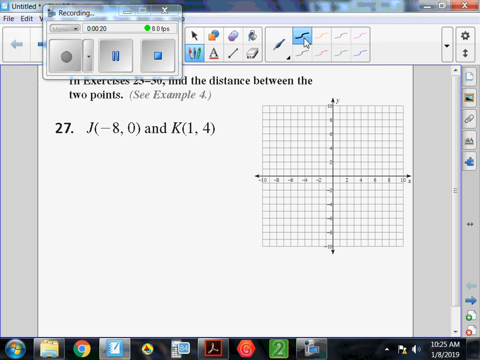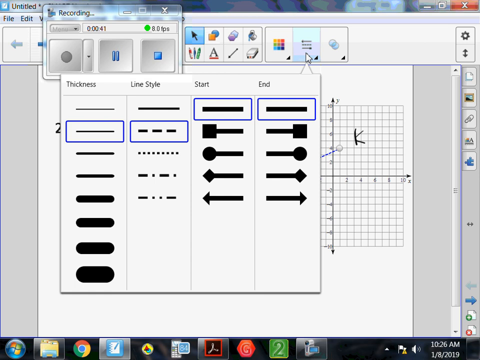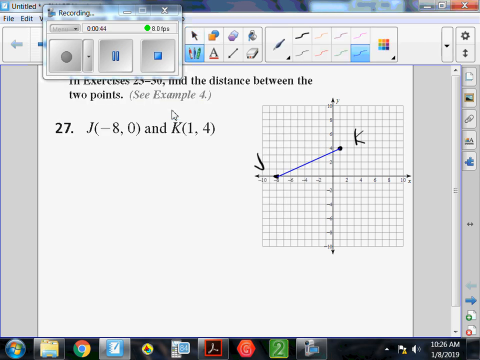J is at -8, 0. K is at 1, 4. So there's the line segment JK from -8, 0 to 1, 4. And so the first strategy we talked about in class is that you can create a right triangle and use the Pythagorean theorem. So I can create a right triangle by just drawing over and up,